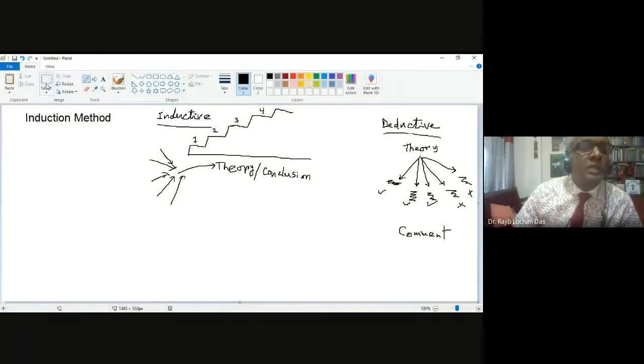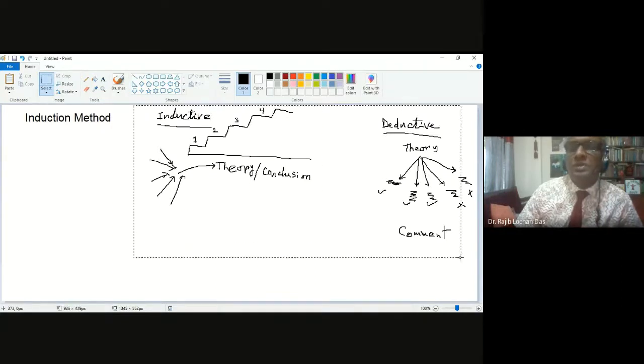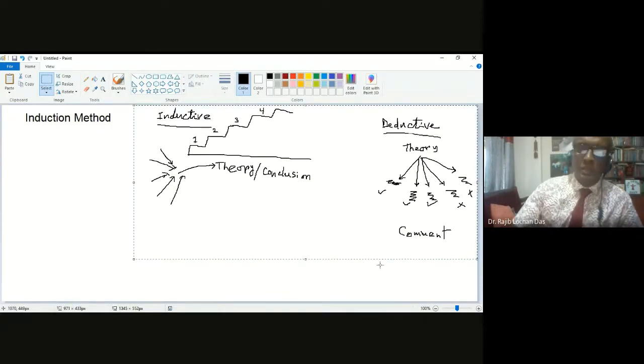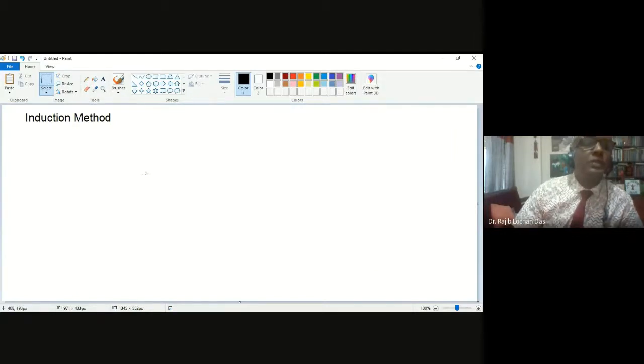Okay, so in this case we are actually using the inductive approach. Is it okay? Do you have a little idea on this, inductive and deductive? Okay, so that will be helpful later, some other time. So in this chapter, we do not need to think about all this. We will concentrate on the inductive method, or induction method, or method of induction.